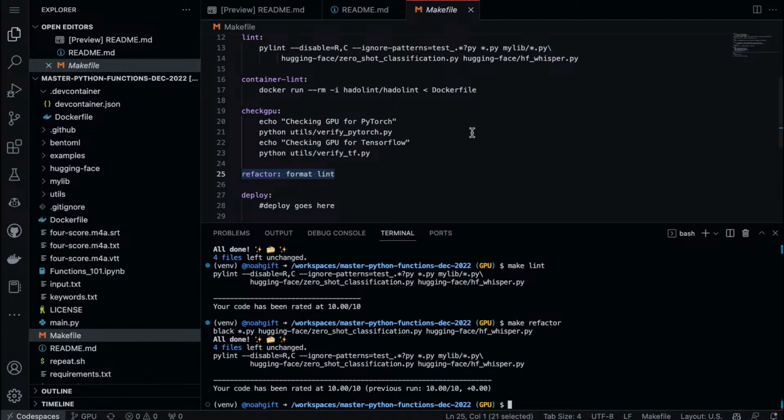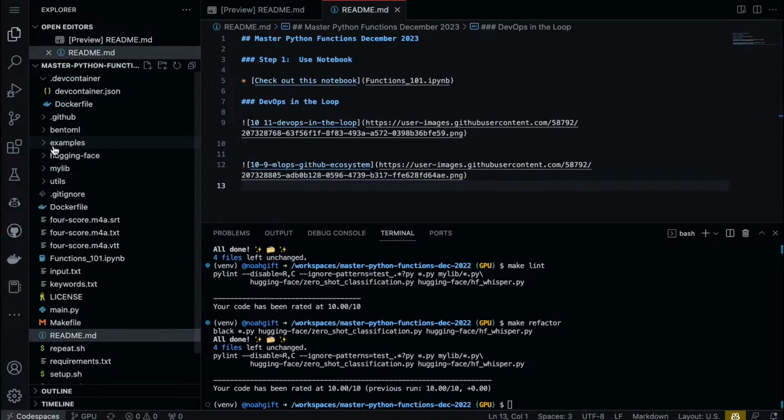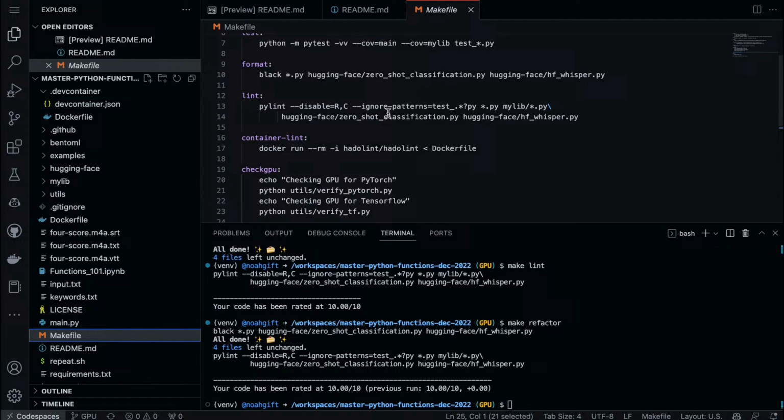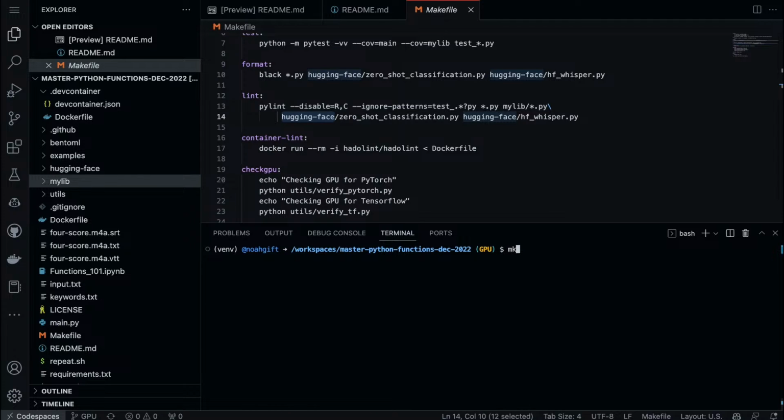So now what we can do is start writing code. We have all these different directories here. And again, if we look at the makefile here, I'm linting the Hugging Face repository. But I'm going to go ahead and build things from potentially a new directory, and we'll call this function logic.